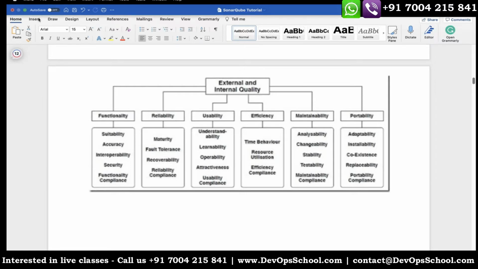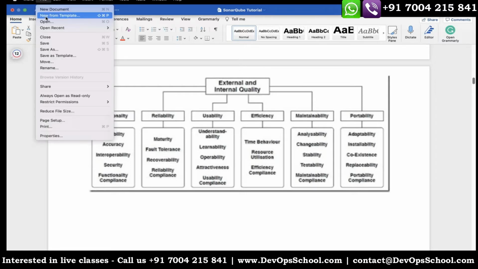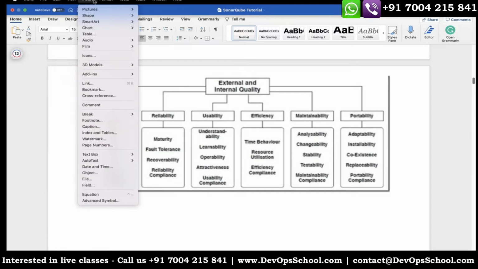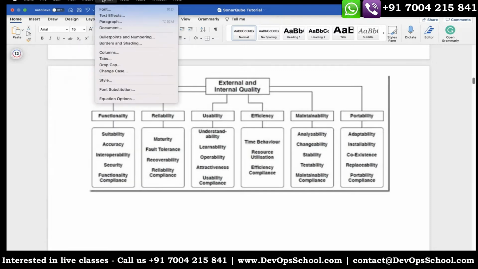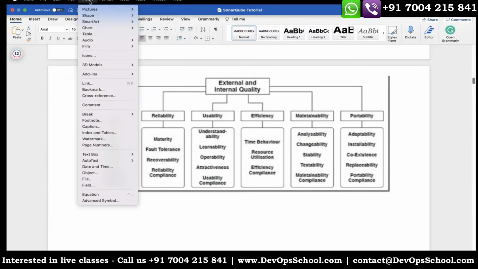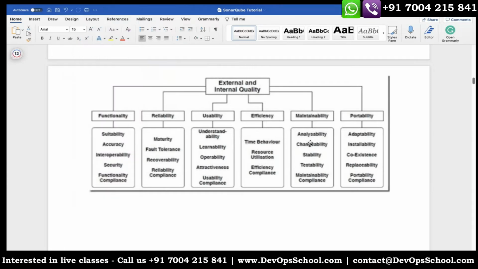Take this particular word processor, where we have options like file, view, insert, format, right? Now let's say there is a requirement that inside this insert menu we need some more things, like documentation, something of that sort. That feature is required. How easy is it for you to change your application code so that it acquires that feature? It is again a part of how well you have designed your application. Then